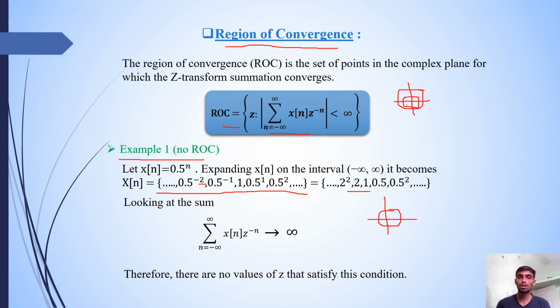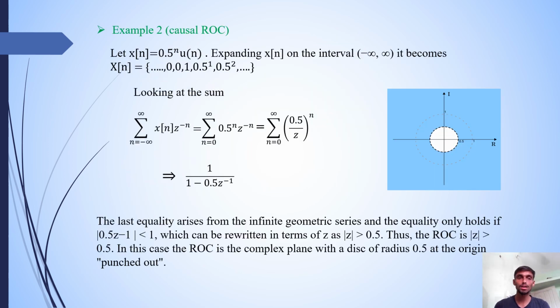Here the values are summed, and a big value, infinity, is obtained. Therefore, there are no values of z that satisfy the condition. Now I am going to explain example 2, which forms the ROC. It can form the ROC outside the circle, and these are the ROC. Let us take the example x of n is equal to 0.5 whole power n u of